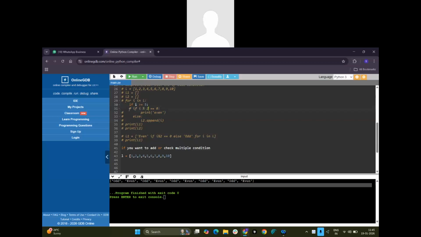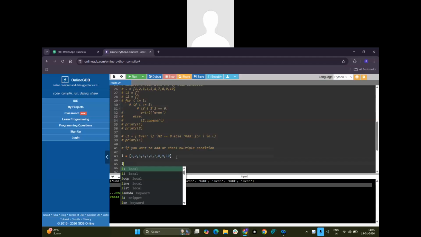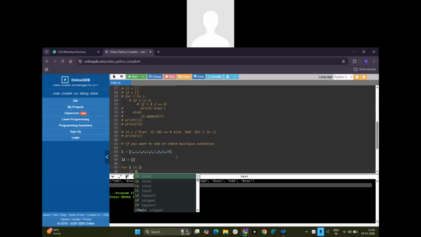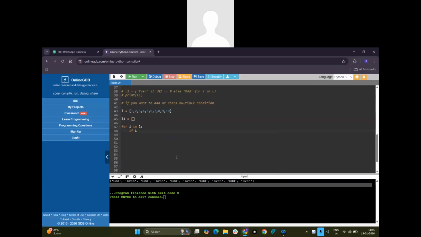So we can have nested if conditions. If this condition is matched, then it should go. That is how. So if you have multiple conditions, let's say I will write here same L, same L1 equal to empty list, for i in L if i greater than or equal to